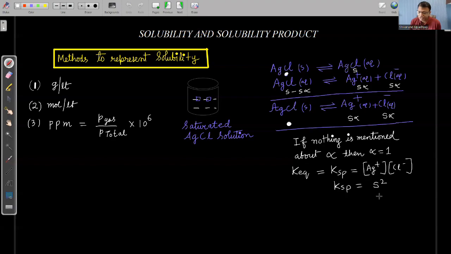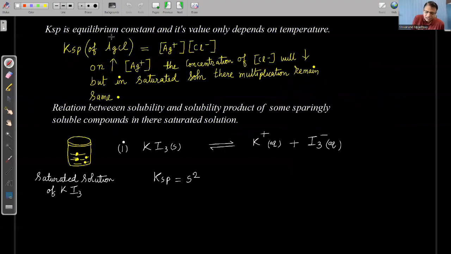What we have to remember is that whenever we are discussing solubility and solubility product, it is valid for a saturated solution. Ksp is an equilibrium constant and its value only depends on temperature. This concept in chemical as well as ionic equilibrium is used again and again. So here also, when we are discussing solubility product or solubility, if temperature is constant, Ksp